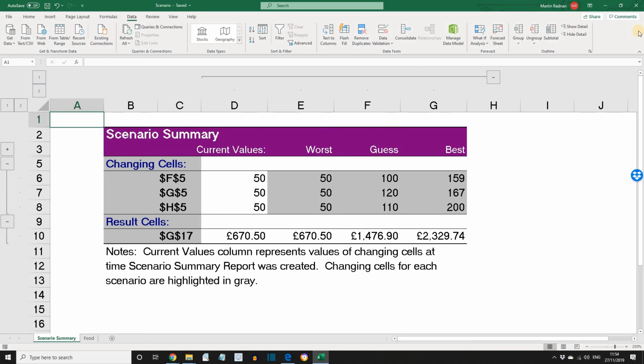Okay, that's the end of lesson 40. Your job now is going to be the revision exercise, which is lesson 41. Best of luck with that, and I look forward to seeing you next time when we're going to start section